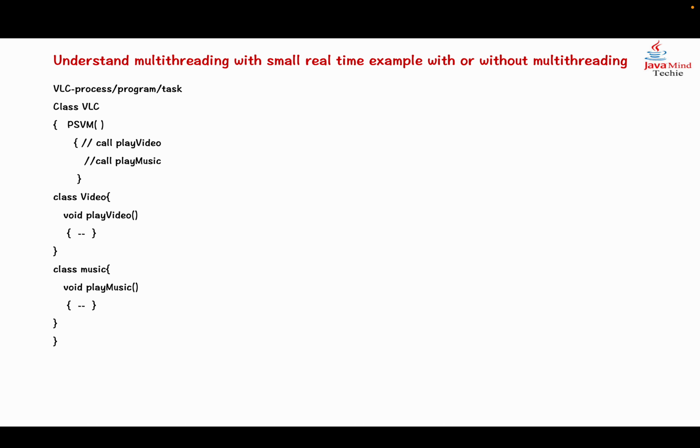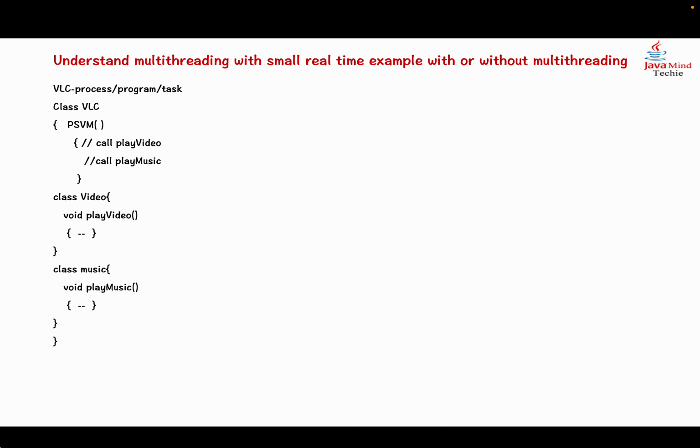Suppose you are going to watch a movie in a theater, and the movie duration is 3 hours. First, for 3 hours you see the video, and after 3 hours you will see the music. Your movie duration becomes 6 hours. Tell me guys, is it correct? Without multi-threading, a 3 hour movie will become 6 hours. But if you are going to use multi-threading,